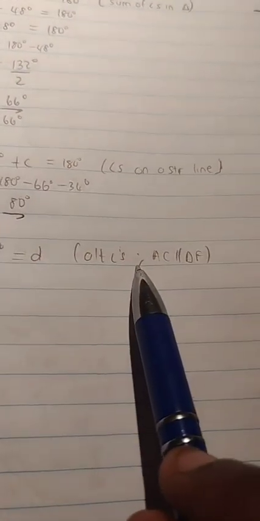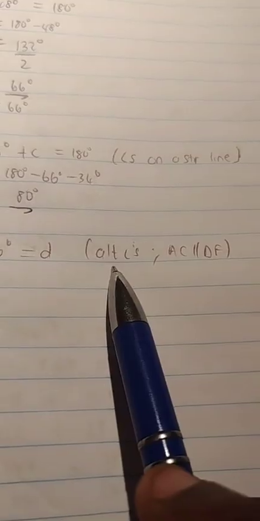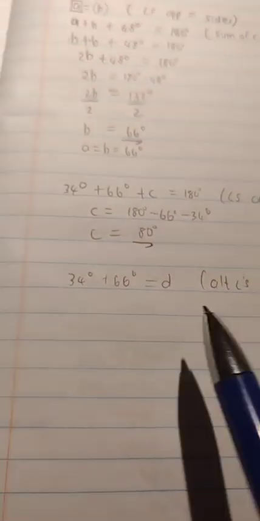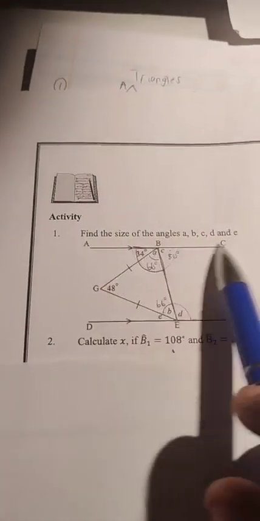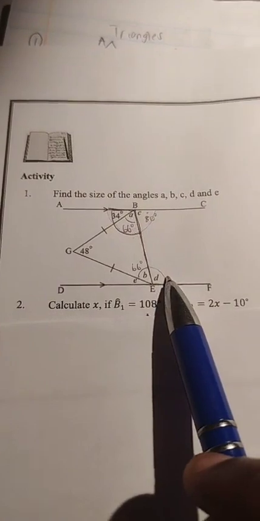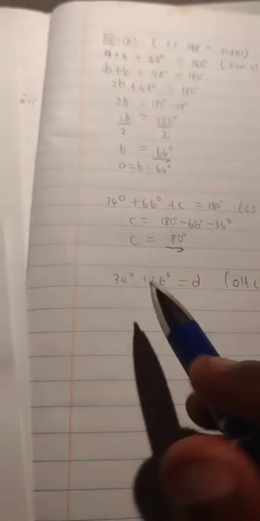Reason: alt angles. Then please, guys, when you say alt angles, you must write the lines that are parallel, because you are finding missing angles where there are lines that are parallel and there's a relationship of angles that are alternating. Please, please, please. So 34 plus 66, that gives you